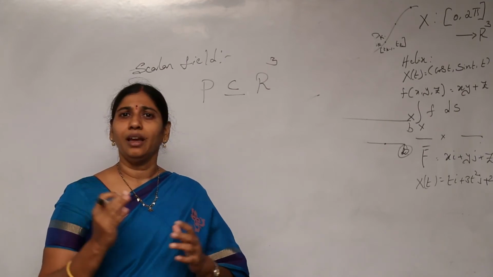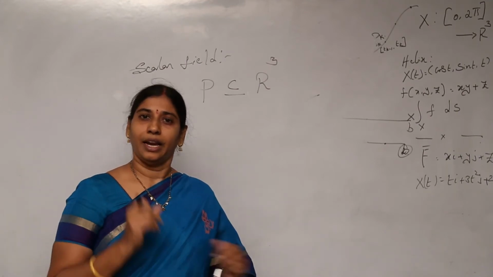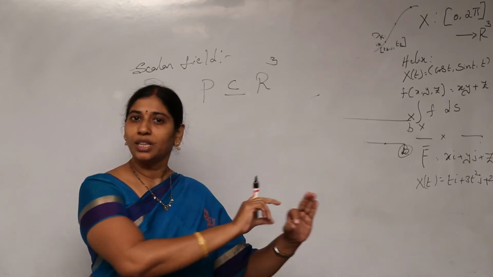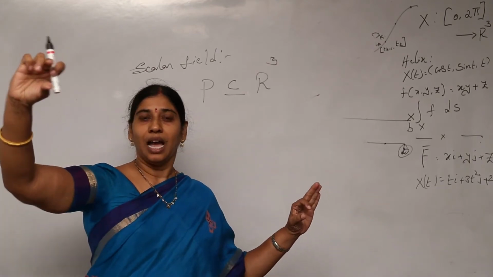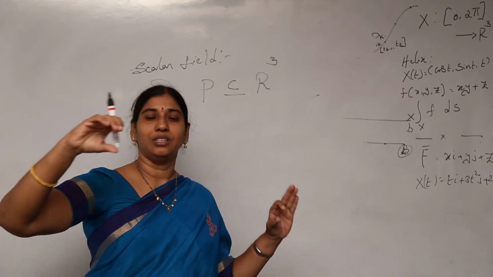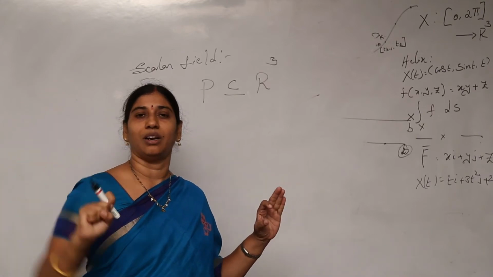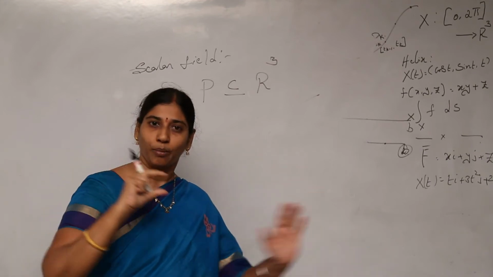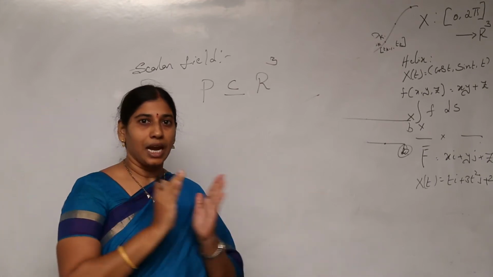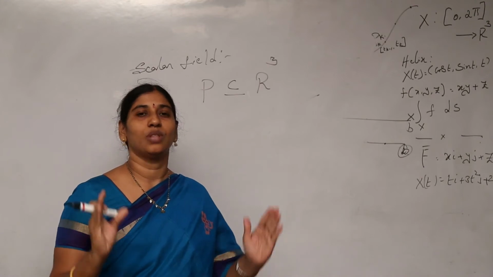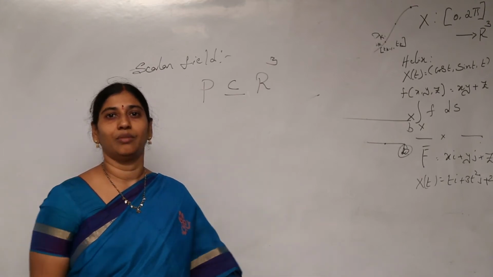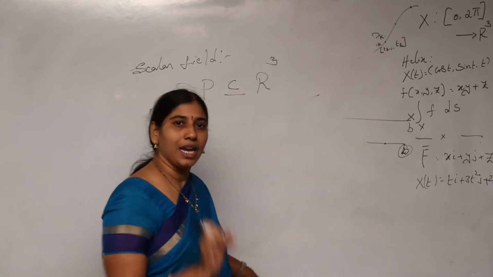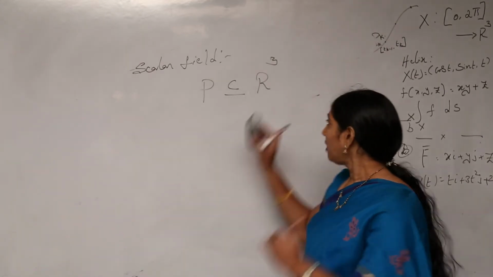Or else you take a long rod, heat it. So what will happen? You start from one end. Slowly the heat passes through to the other end. And after a certain instance, you can observe the heat on the other end of the rod. So what's happening? The heat or the temperature is transferring throughout the rod. That is, it is spreading its field. So that's a scalar field, what we can say. Then moving on to the next thing. After scalar field,